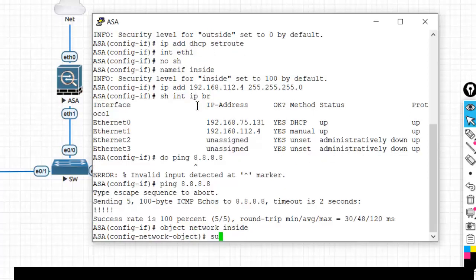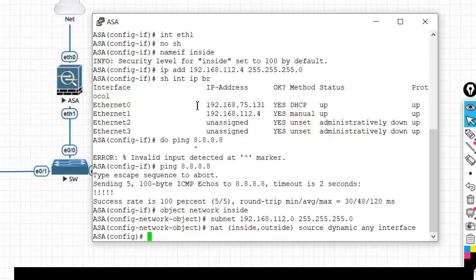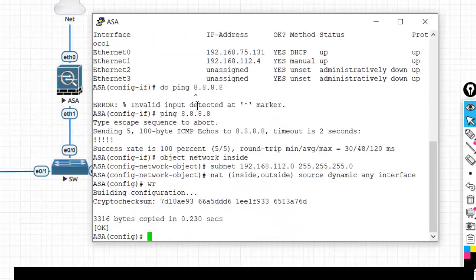So we will create a NAT for them. Okay, so NAT configuration is done. We will save our configuration and exit from the ASA console.